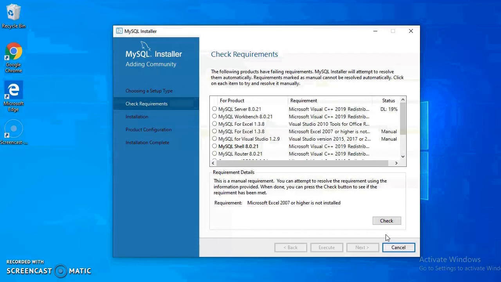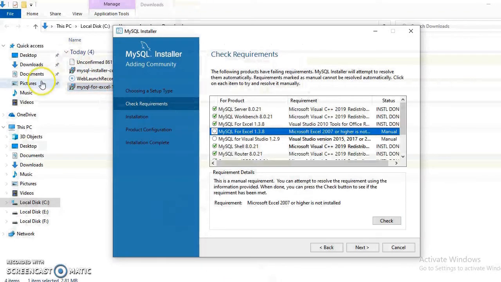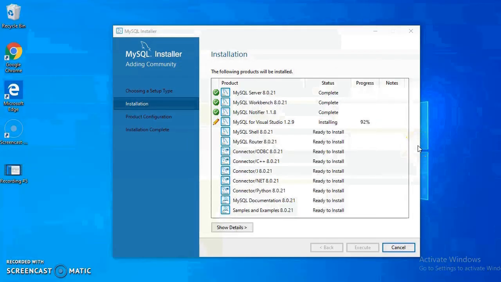So I will install Excel, Visual Studio, Python required for this MySQL. So here, after installing the requirements, the following products will be installed automatically.